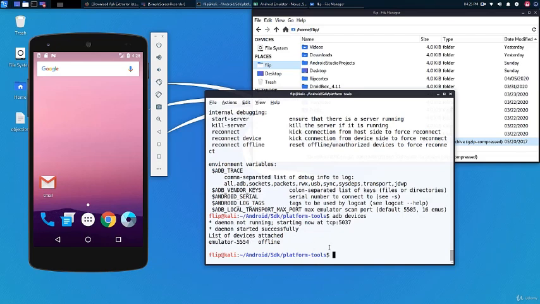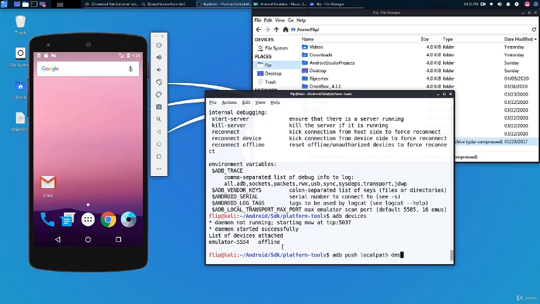If you had more devices, you would be able to specify which device you want to work with by using the -s parameter followed by the device name. Another thing we can do with ADB is pull and push files. What does this mean? Push means that we can send a file to the device, and pull means we can retrieve a file from the device. So in the case of push, try something like this. Push local path, dest path.